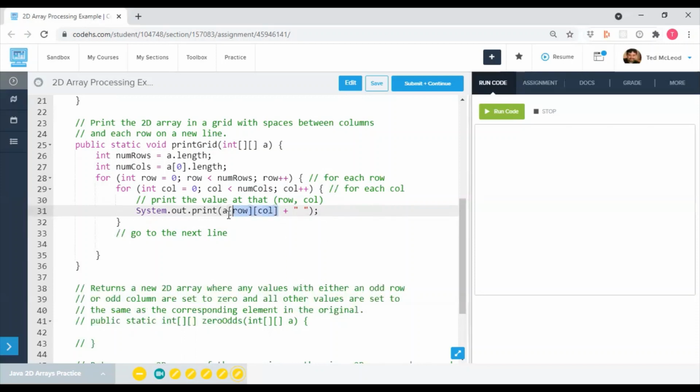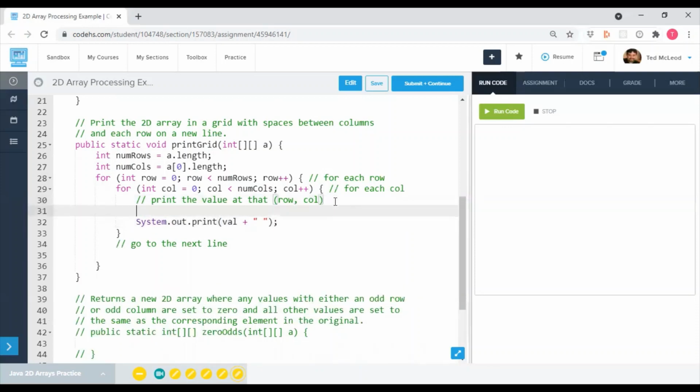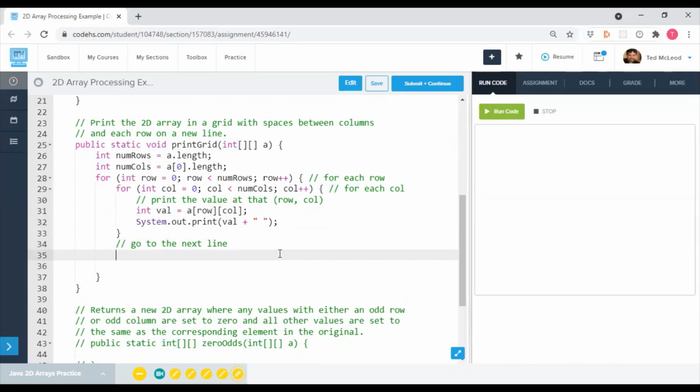Okay, we could also do this in 2 lines. If we wanted to, let's store the value first, right? We could say int val equals this value at a row call, and then we print that value. Okay, because since this is a 2D array of ints, each item in the 2D array is an int. And then once we've printed that, we can say, okay, we've printed every value, and this is going